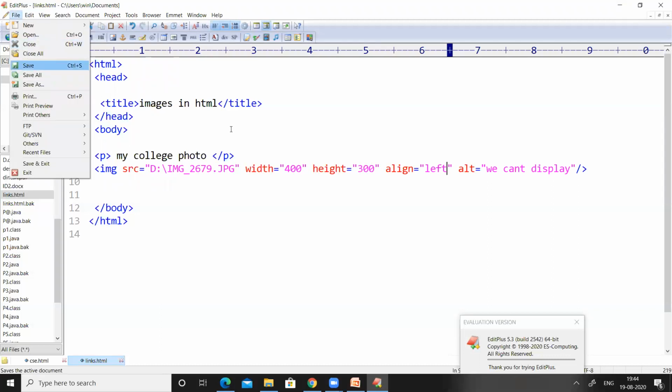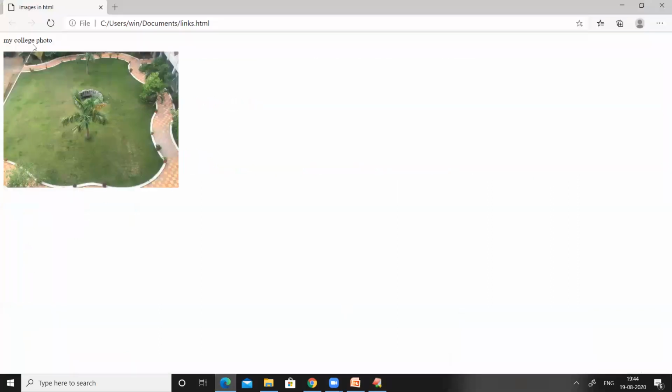Save the code. Now refresh the page. It is already at the left of the web page, so there is no change. Whether we provide the left value to the align attribute or not, by default, an image which was inserted by using the image tag into a web page will be aligned at the left side of the web page.